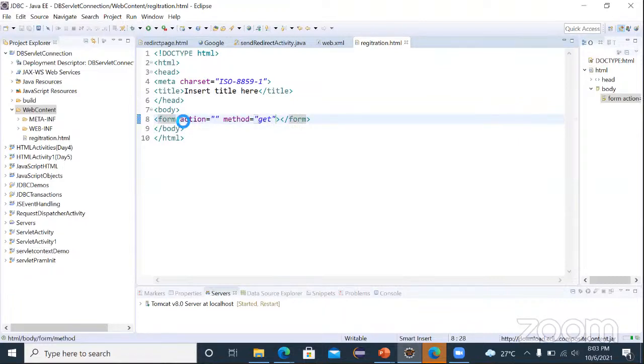And for the registration page, we need to add a few fields. So what are the fields? Basically name, password, confirm password, email, address, and country, etc. So I'm going to pass all those things now. Yes, name, and for the name, input type